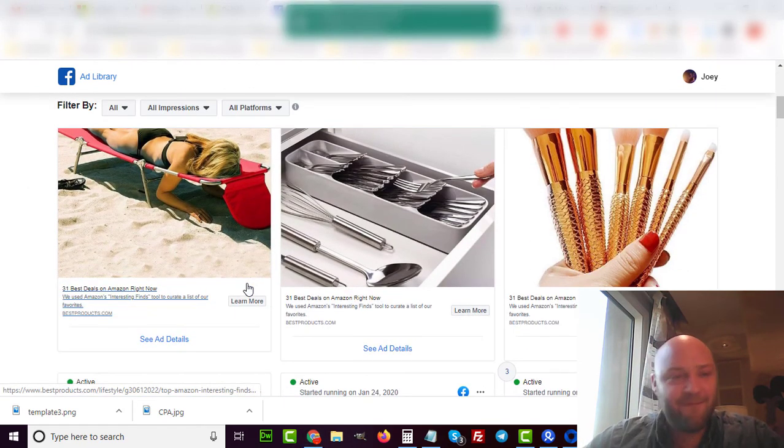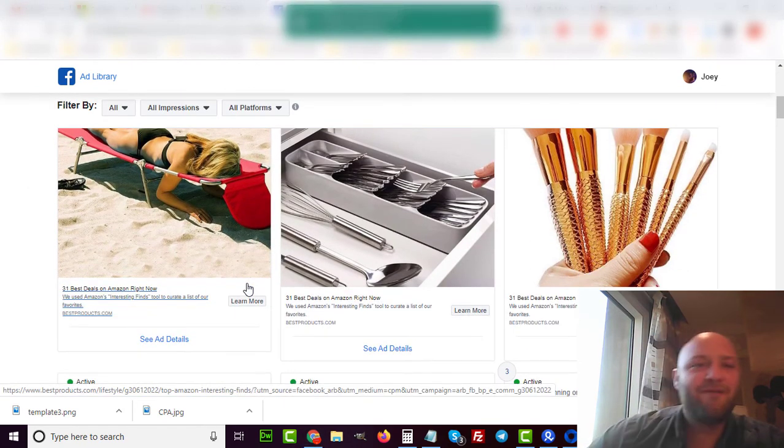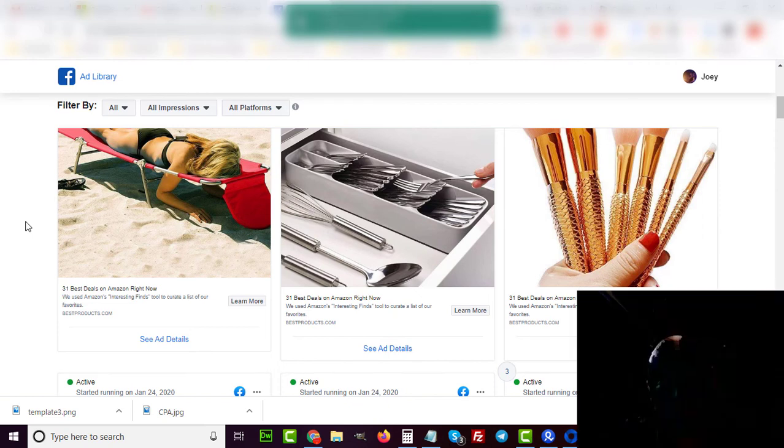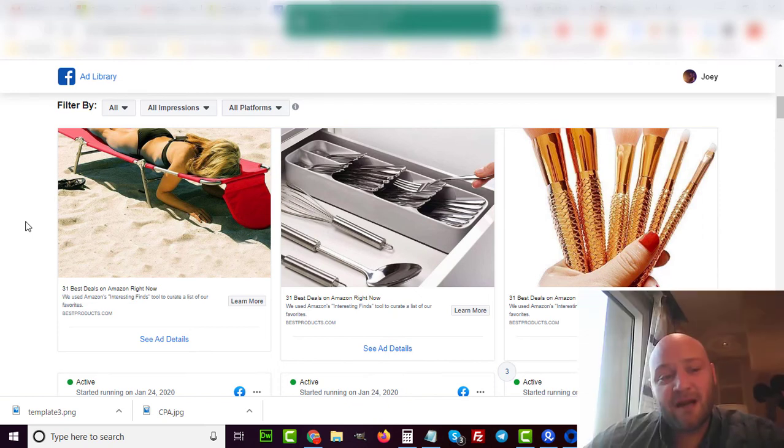Okay, so as a recap, Facebook is, I would say, the number one traffic source for a low budget. Strangely enough, a lot of people think you need a massive budget to start on Facebook, but start with a low barrier converting offer if you're going to start with the leads or the conversions objective. Because if you start with that objective and you don't have a really easy converting offer, you may actually end up spending a ton of money.